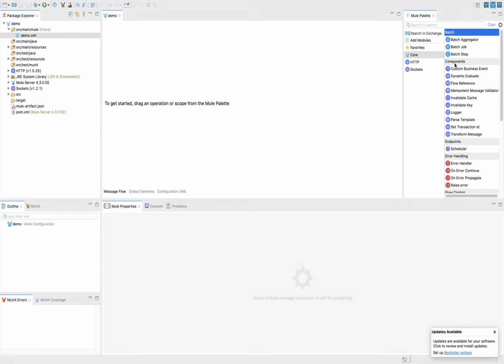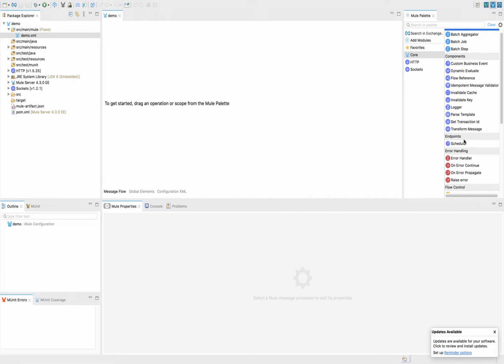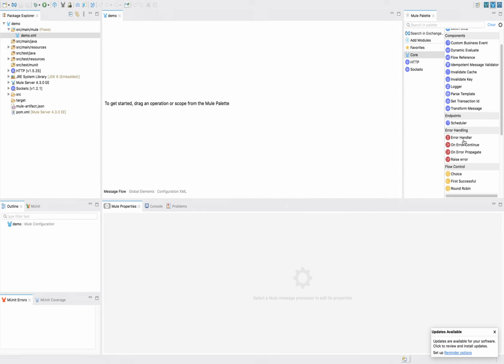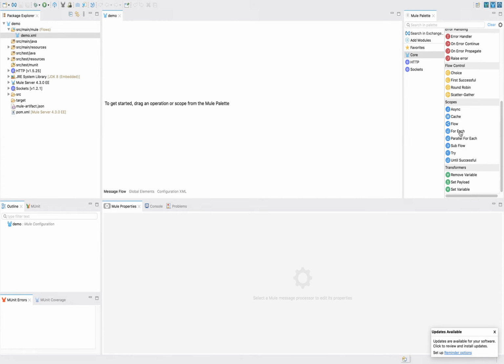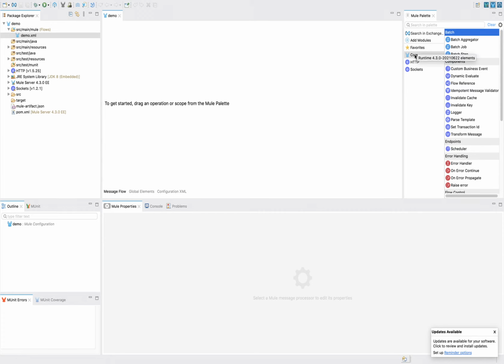We have batch components, other components, endpoints, error handler components, flow control components, and scope components. In scope we have async, cache, different scopes, that we will discuss. Then we have transformers to transform a message from one format to another format. All those things you will see inside core.